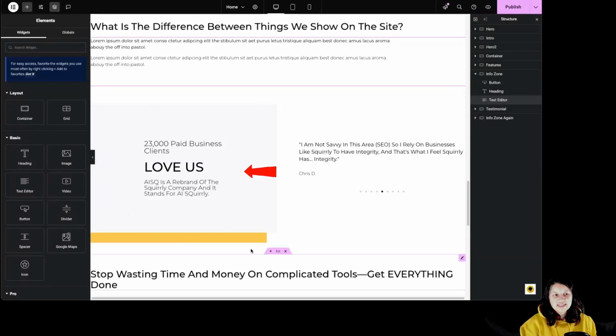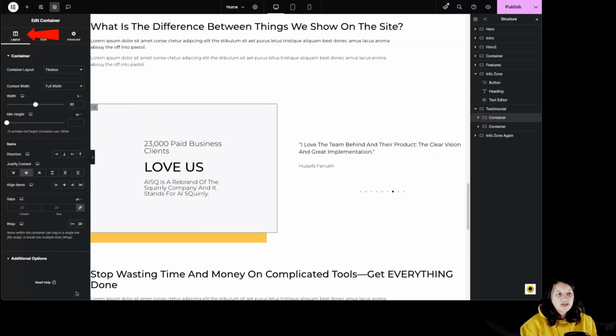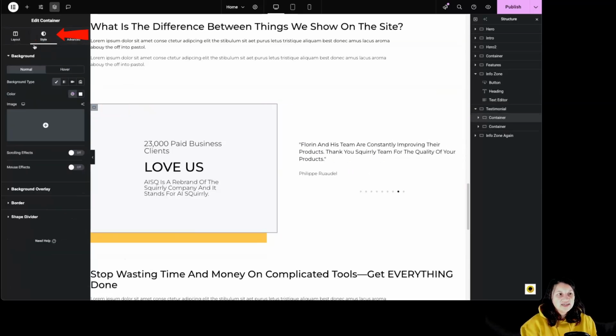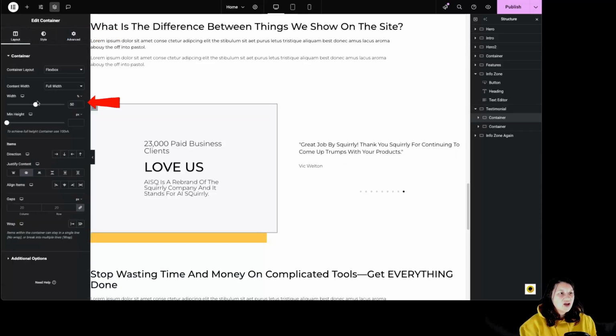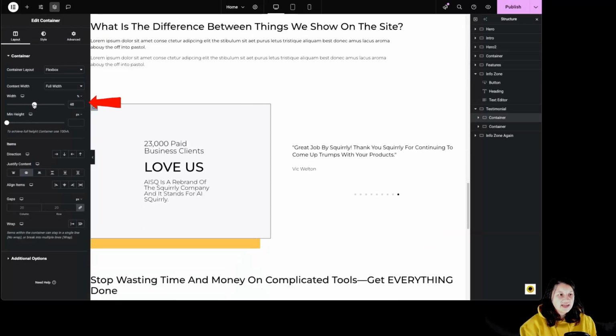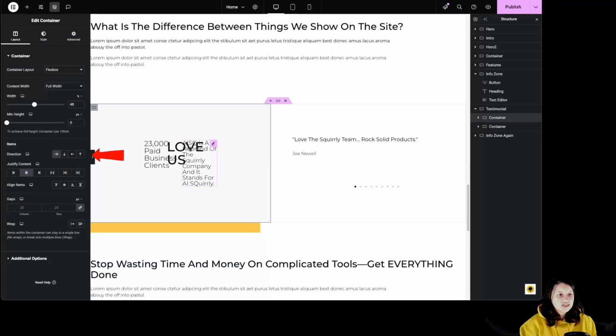If we want to edit this part over here, we are first going to edit the container. So let's click over here. Then we have the container settings over here, the styling over here, and the advanced settings over here. For the layout, we can change the width like so, the minimum height like so, the position of the elements